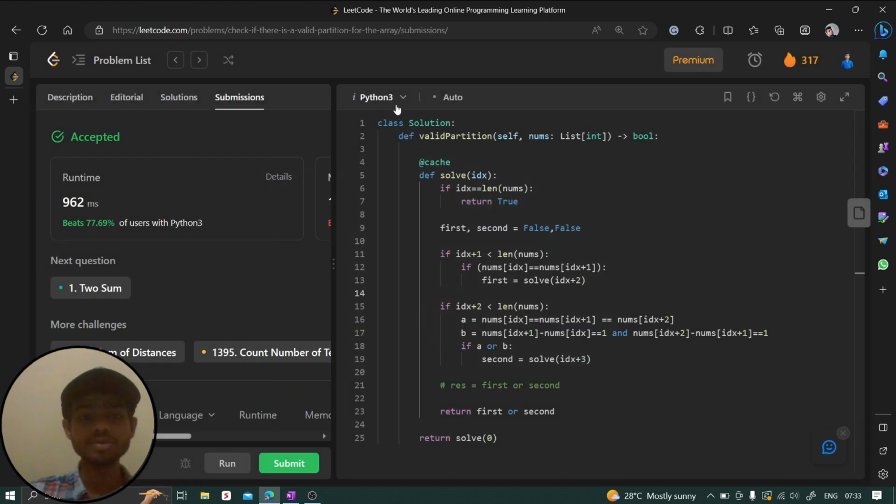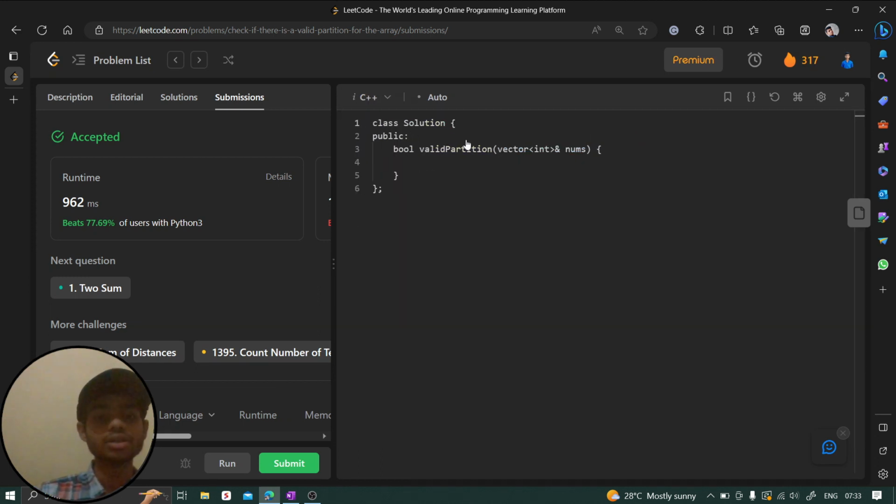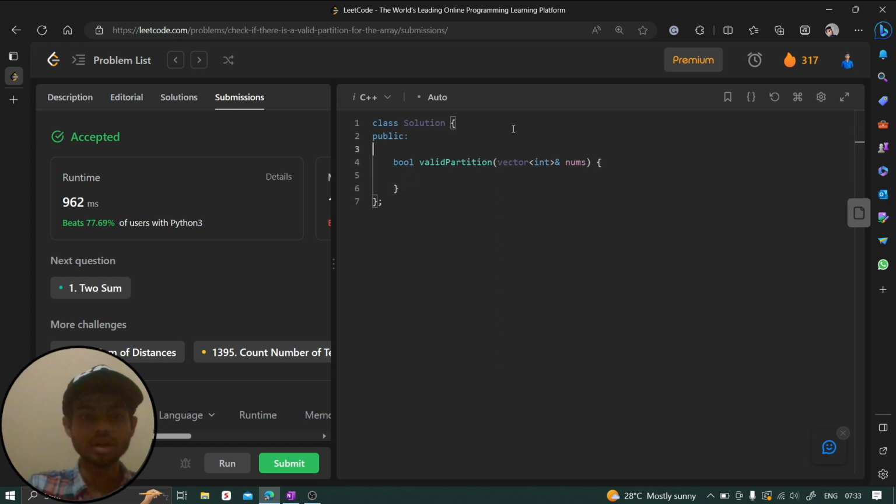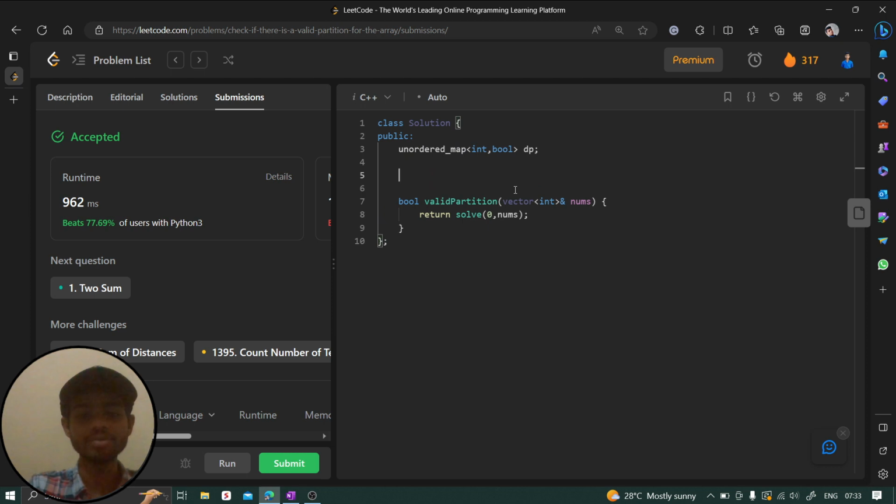The next programming language is C++, right? Now, how are we going to do it in C++? First of all, make a map which we use for memoization, int to bool, tp. And here we're going to call one function, sol 0, comma nums, and return this particular thing. Fine. And here we create a function, bool sol, int index,